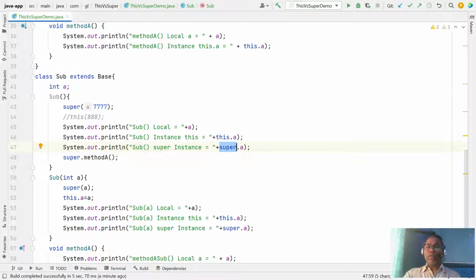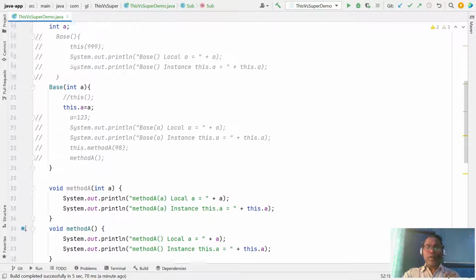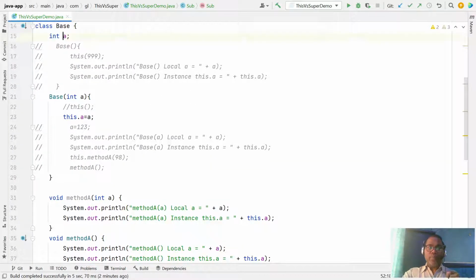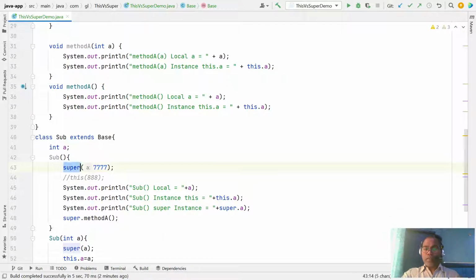So this is the very simple use case. The this and super keywords solve the problem when a developer defines the same name instance variable and local variable. Sometimes the compiler always prefers the local variable and ignores the instance variable. So if you want to access the instance variable, you have to use this. Similarly for variable, similarly for method, or similarly for constructor.